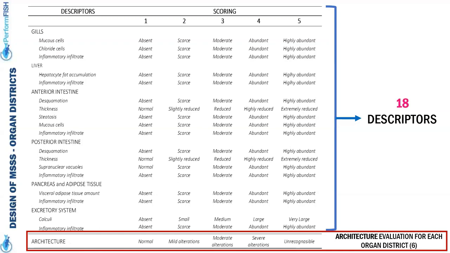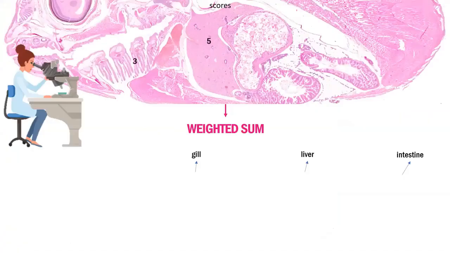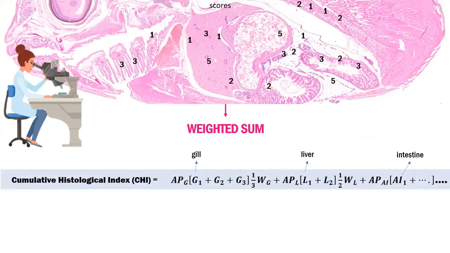So that is a huge quantity of data, especially considering that 20 fish per age, per batch, were evaluated. And so the scoring system of the descriptors was defined and put to the test. Our main goal was to provide results that would be transferable and immediate, even for non-experts.